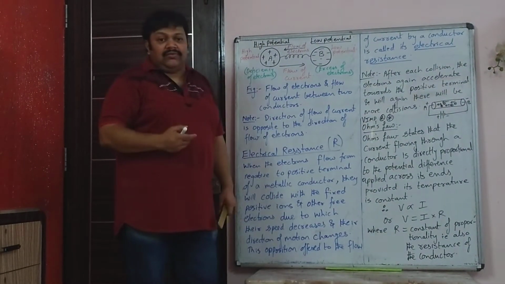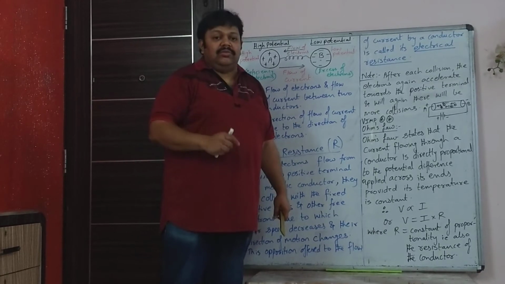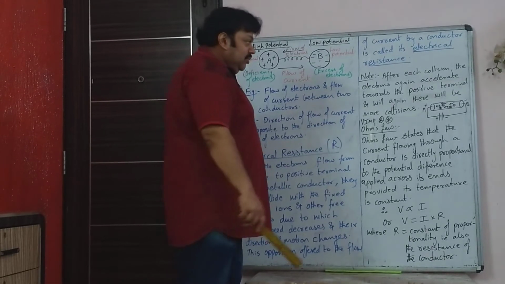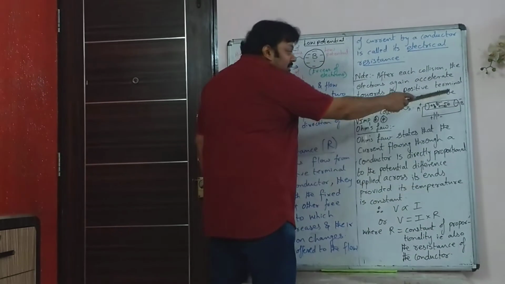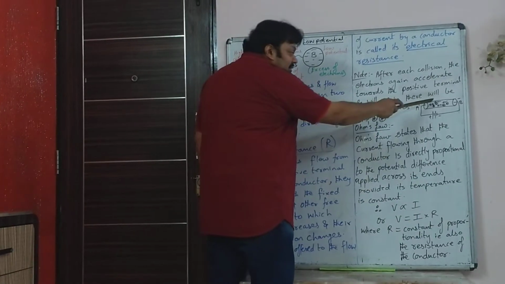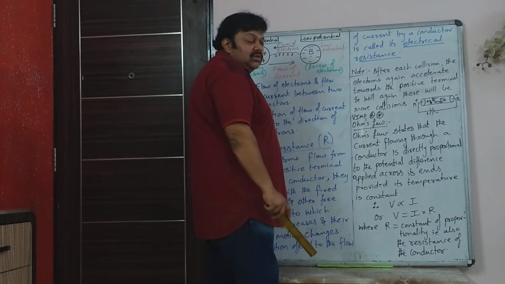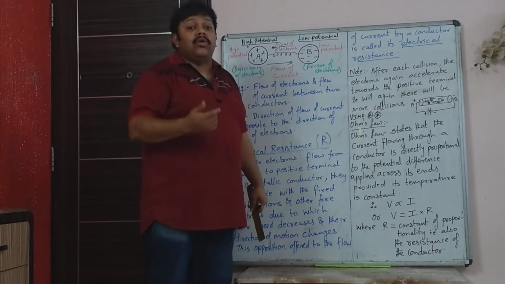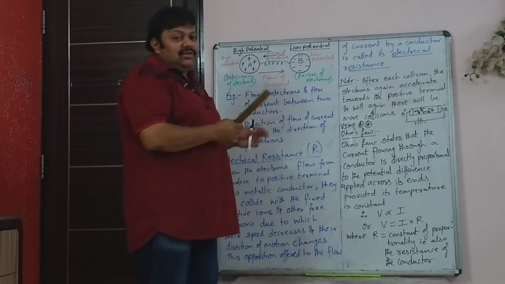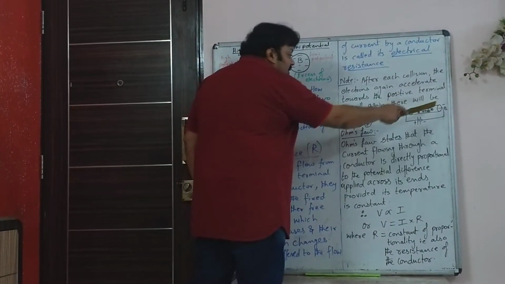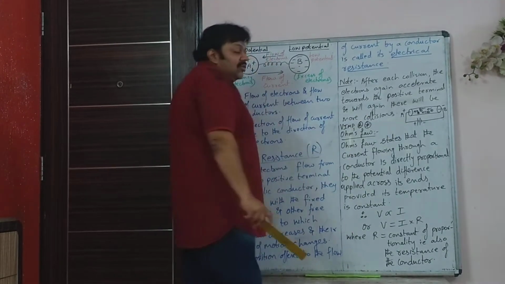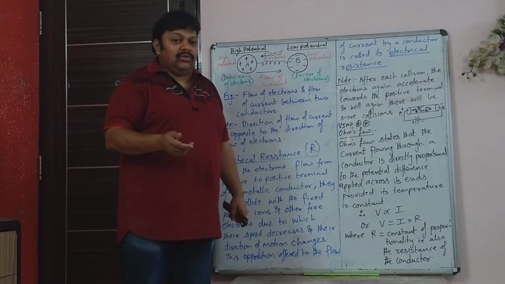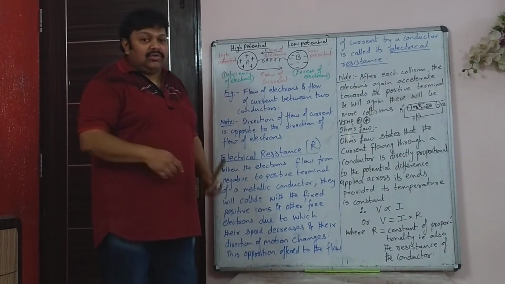You know that they have the nucleus, which has the positively charged ions. So the nucleus has got protons. So when the electrons are moving from negative to positive terminal, they will collide with the neighboring positive ions. Due to the collision, they stop or they pause for some time or they slow down. And then again they will accelerate. Why? Because this potential difference is there because of the presence of the battery. So when they again accelerate, they will again collide with neighboring positive ions and with other electrons.